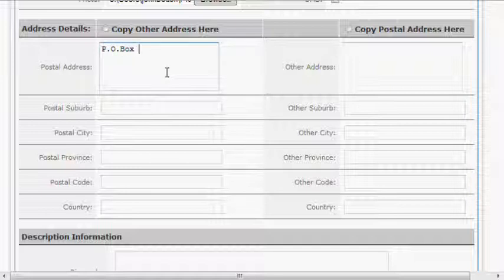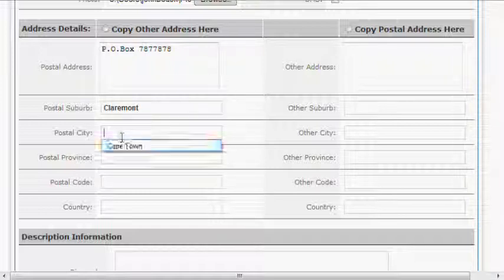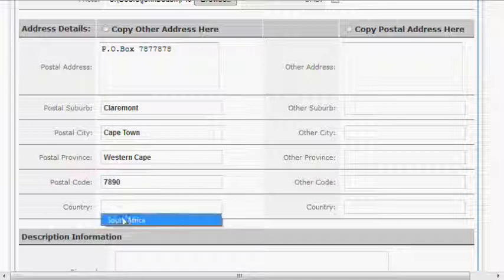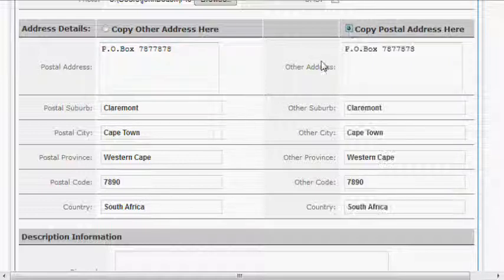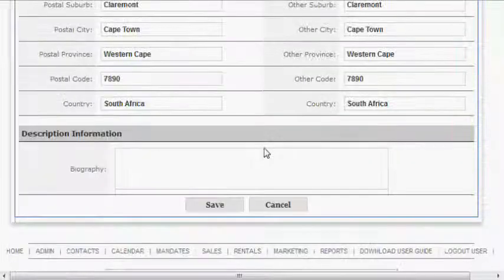address, and we'll start with the postal address, the suburb, city, province, pretty standard stuff, postal code, country, and if the other address is the same as the postal address you can just click the button here and it'll populate that section. And then lastly you can add a biography for this agent, and that will be read by users when they visit the SO Home Traders website to see what the agent has done in the past. And lastly, to finish, click on the save button,